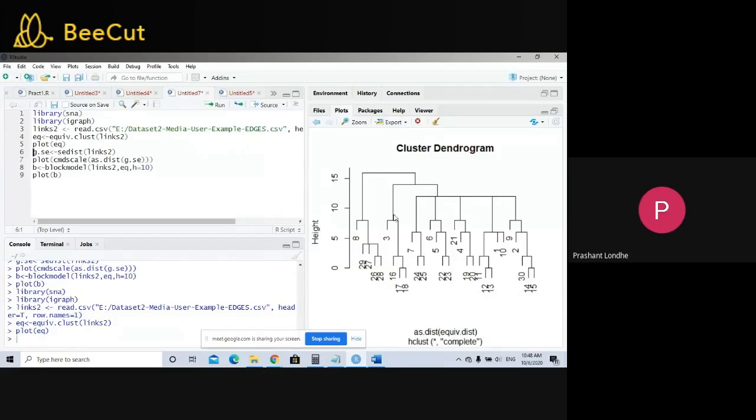So every element is related to each other. May not be directly related, but they are related to each other. Likewise, 14 and 15 are related to each other. Same thing, 12 and 13 are also related to each other, and the same thing you can work out. Okay, so in this way you are going to display the cluster. Now we want to display the block model.